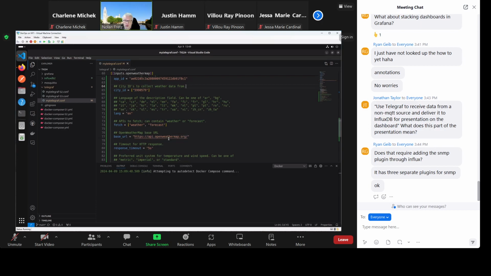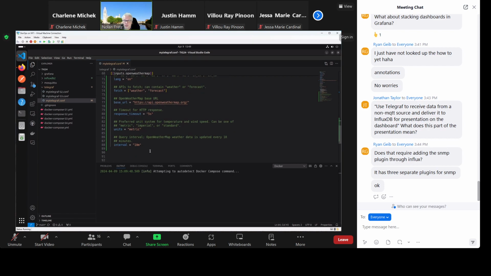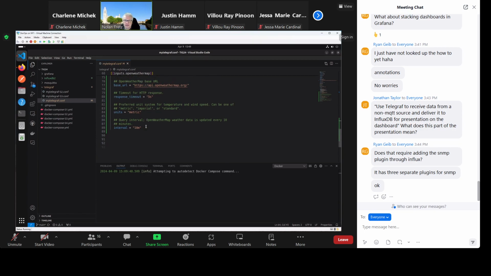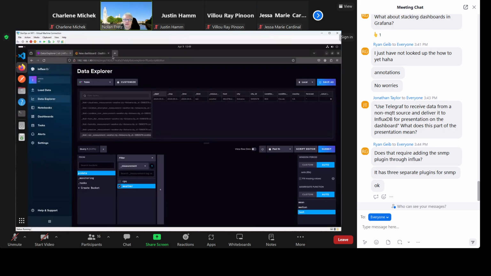What's the base URL? So where do I get it from? How long do I wait before I give up? What units do I want? And how often should I query to see if it's changed? There's other things you could add into this. So that's where I would look up, okay, if I need to know what's going on with that, then